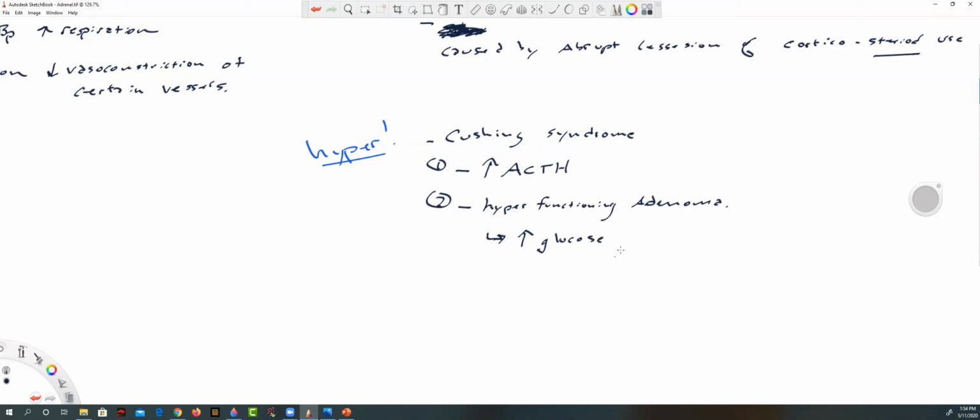Glucose is bad for you. You don't want a lot of glucose in your body. Having too much glucose, it's going to cause you to gain weight, but it's also, over time, going to cause you to develop diabetes mellitus,